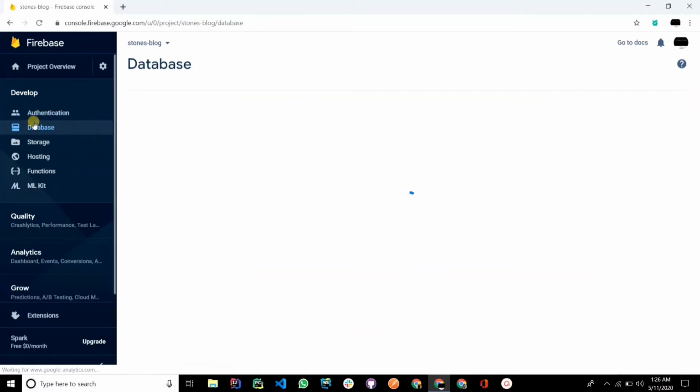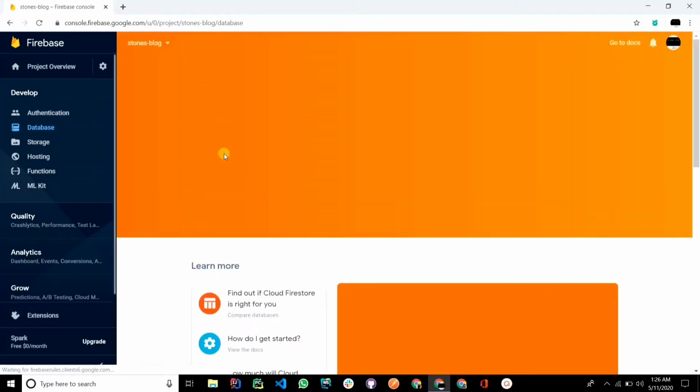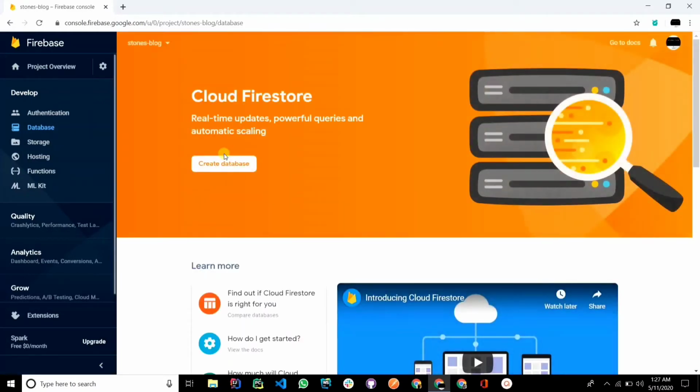Now coming down to this database option, here we have two options. Either we can create a real-time database or we can create a Firestore database. And we learned about the difference between the real-time and Firestore databases in the previous tutorial.